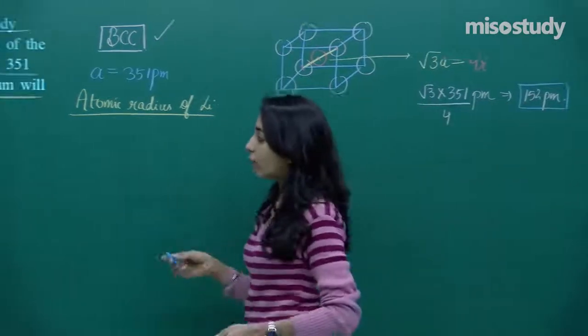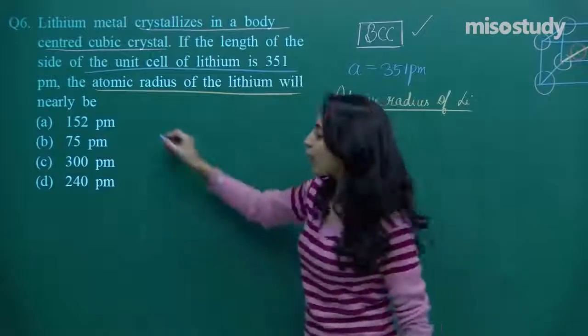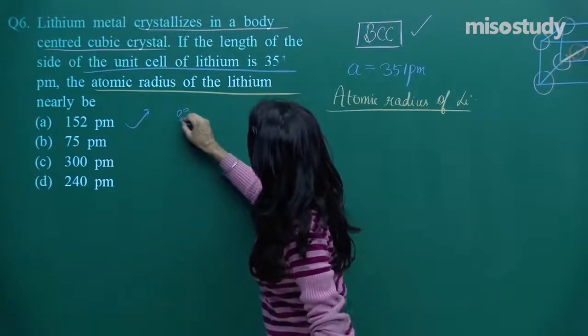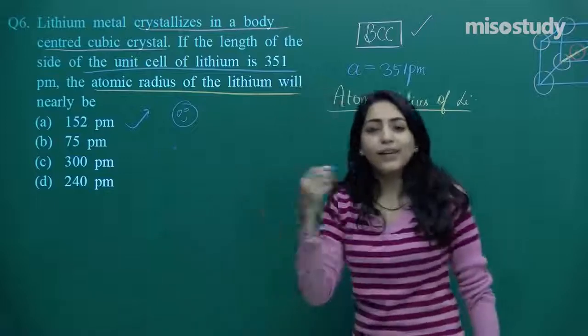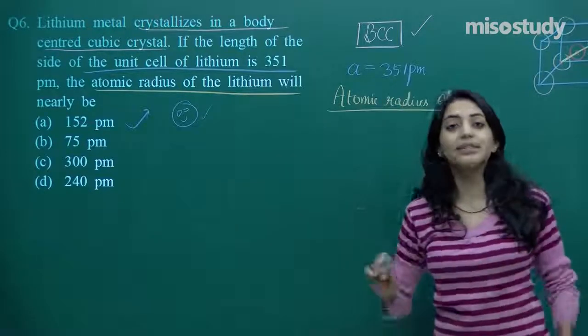Let's see if there is an option. Oh my god. So you know I am always in love with the questions whose option A is the correct answer. This statement I would have repeated I think n number of times, right? So finally we got the answer to question number 6 as well.